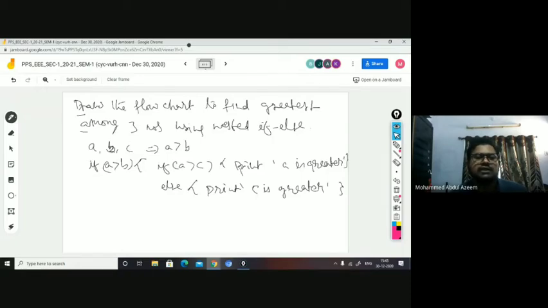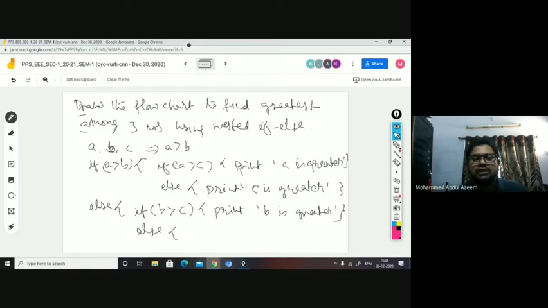Now, let us say this condition is false. Then you go to the else block, right? When this condition is false, what do you mean by it? It is B greater than A. It means when do you come to the else part? When B is greater than A. You are sure that B is greater than A, but you need to ensure that B is greater than C as well. So you are checking that. If B greater than C is true, then you say that obviously B is greater. Yes or no?